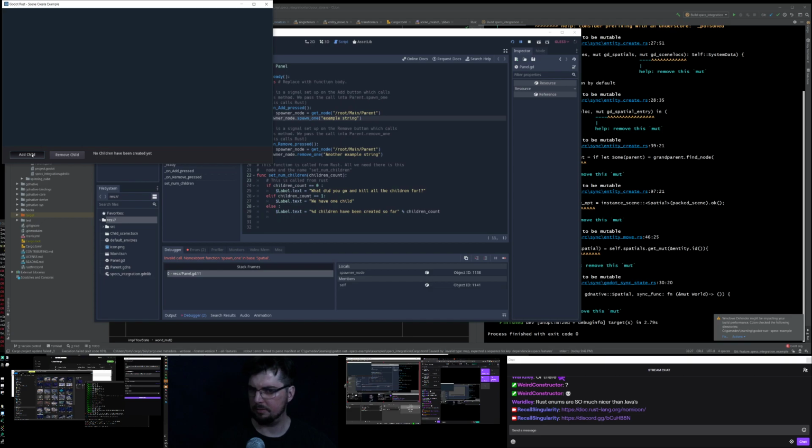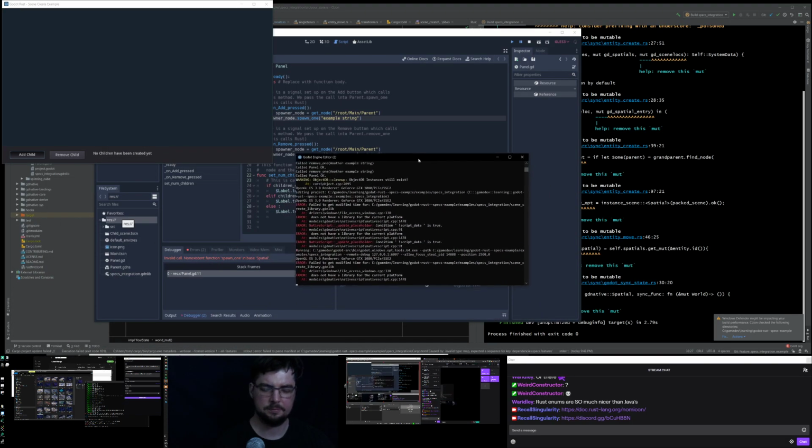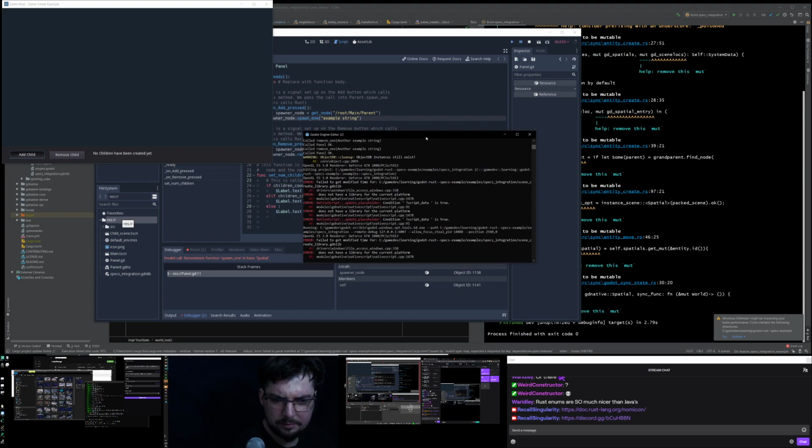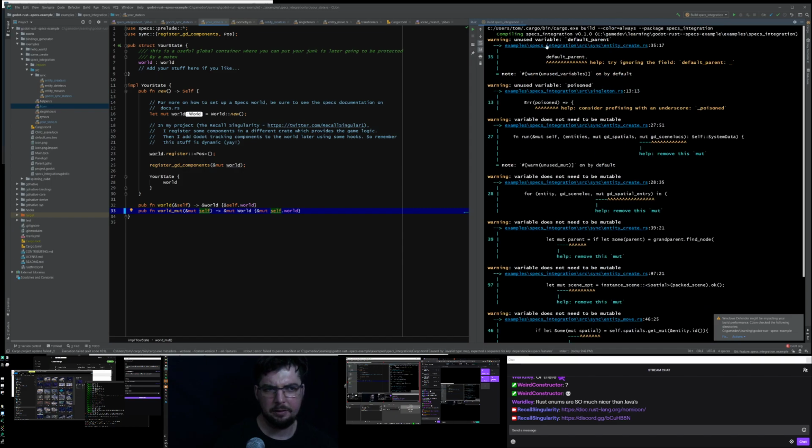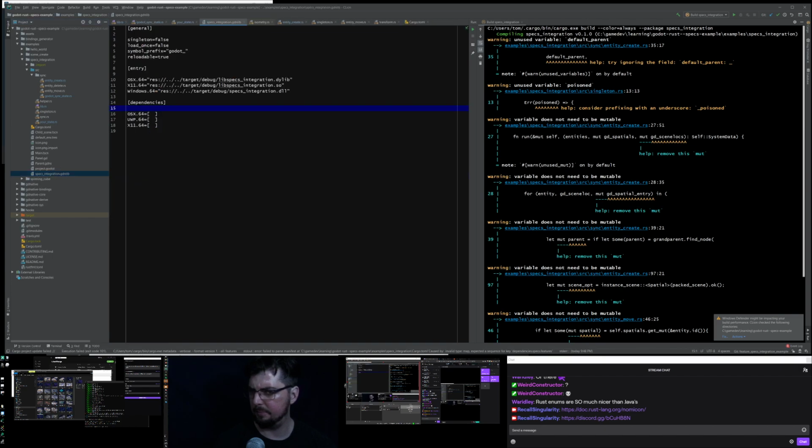Add child. Okay, so there's no spawn one. I probably couldn't find the relevant DLL. Yeah. What did you say to yourself? Does not have a library for the current platform. Okay. So, even though specs integration compiled okay, our version of specs integration gdlib, specifically this last one,